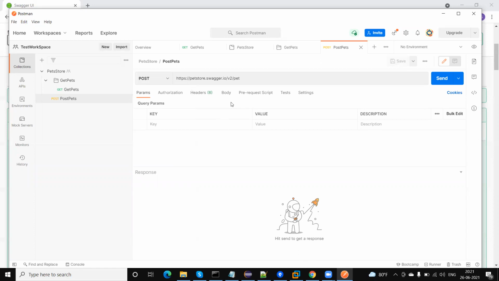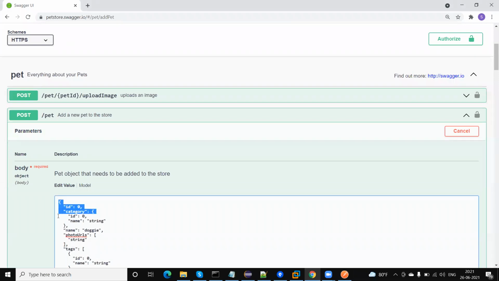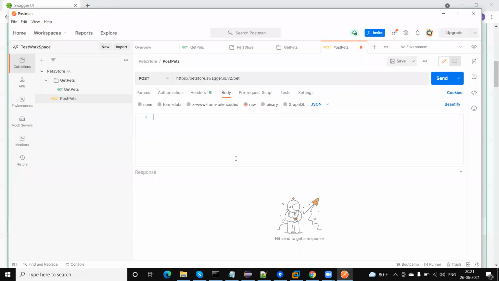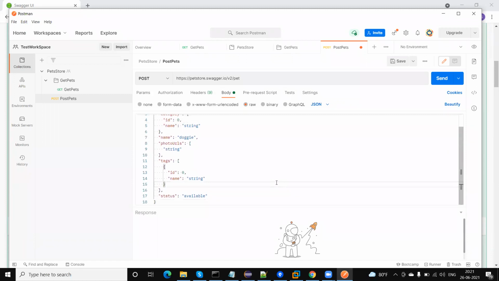And next, we need to add the JSON body. If you want to add the JSON body, there is a Body tab here. Click on this. What is the type? We are going to send JSON data. Click on raw and here select JSON from the drop down. This will provide you an input box here. Then copy the JSON request and paste it in this section. Okay, so the JSON is pasted.